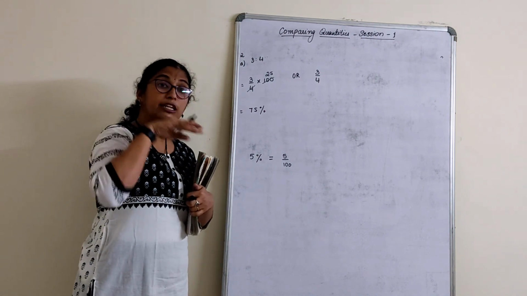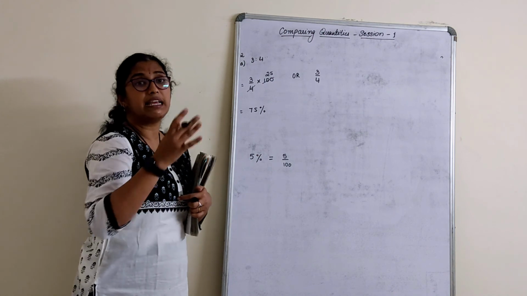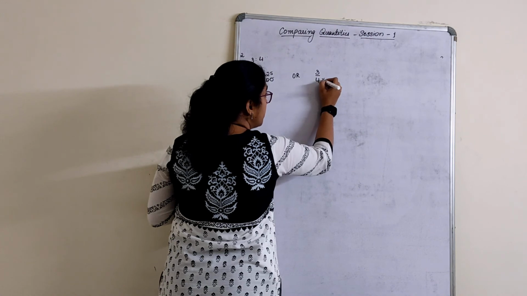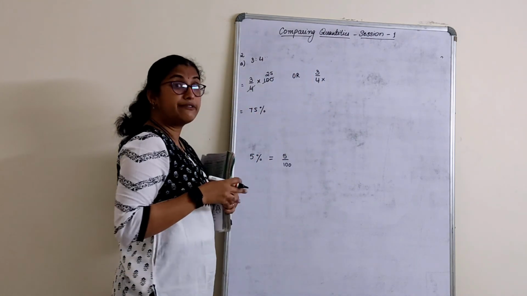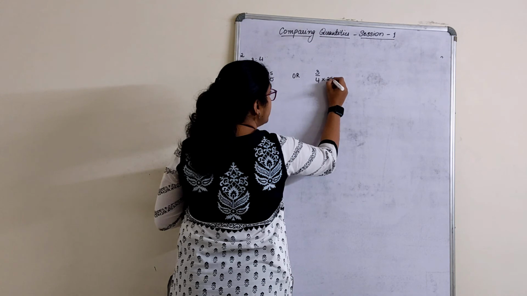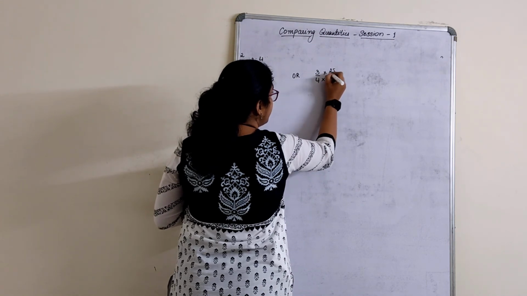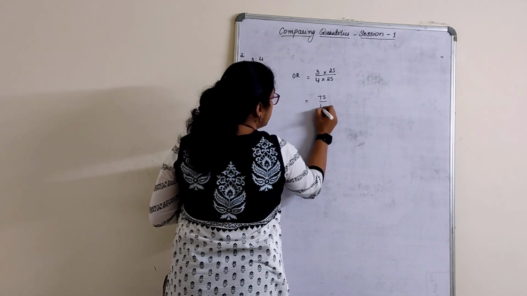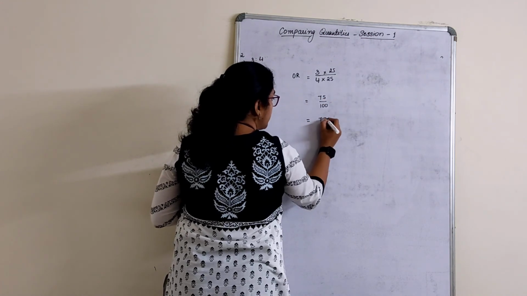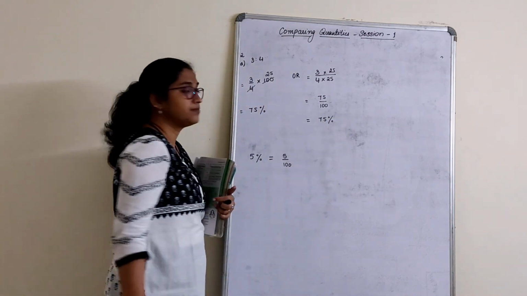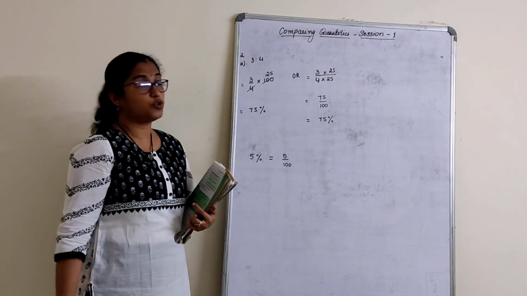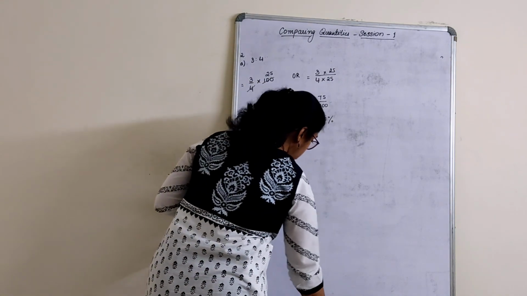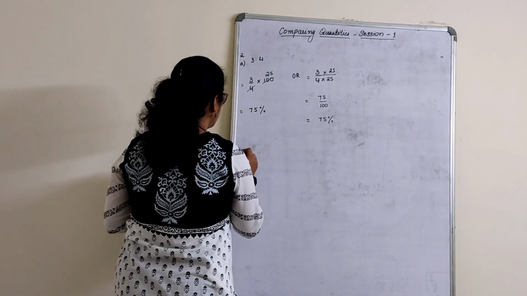Okay. There, 3 by 4 is there. I should make the denominator 100, then I can directly write it as the percentage. How do I make the denominator 100? 4 into what number gives me 100? 4 into 25. Multiply the numerator also by 25. So this is going to be 75 upon 100. What is 75 upon 100? 75%. Any one method, children, it's left to you. I have done both the methods here. The answer will be the same. Now look at the next sum also. I'll do it by both the methods and show you.